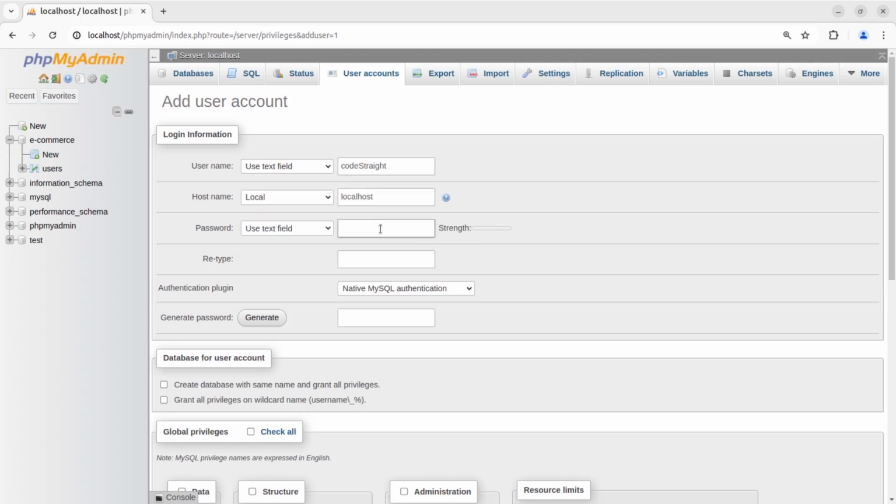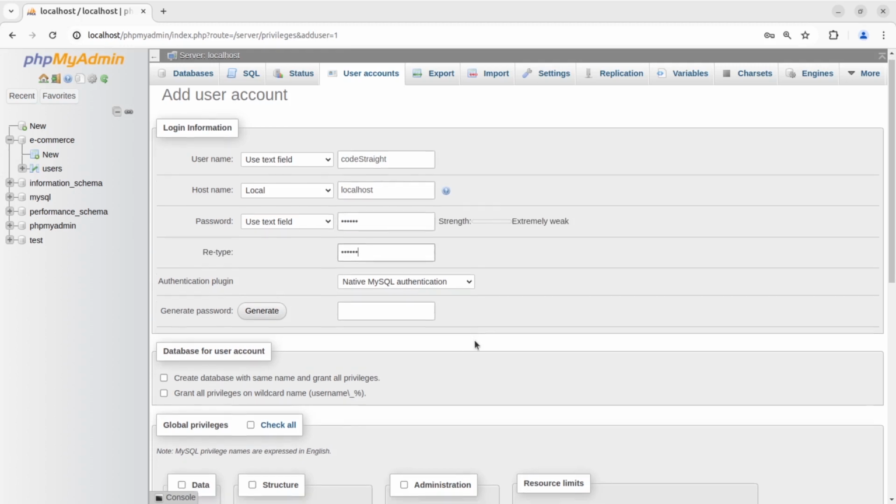And for this development level or beginner level, you can add a password like 123456. And now let's retype the password 123456,